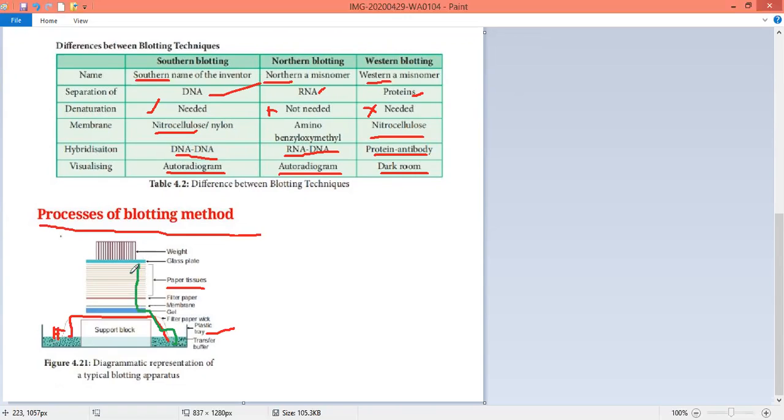While it is moving upward, the buffer solution flows and a number of DNA strands will get stuck here. You take this filter membrane out, and after taking it out, wash with the help of ethanol, and unhybridized bonds can be removed, and the rest of the DNA probes can be identified under the autoradiography machine. So this is about the blotting techniques. Blotting techniques are highly essential for the DNA fingerprinting method. Hope you understand. Thank you.